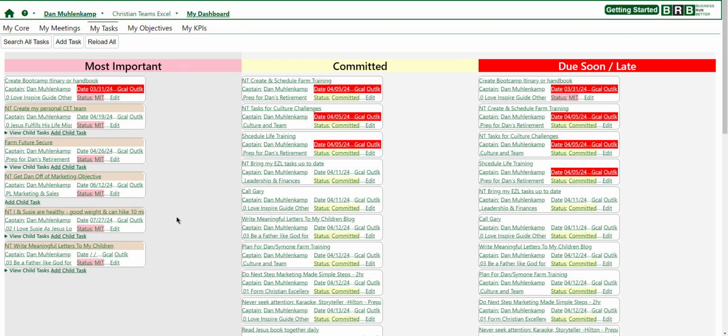First of all, what this tells us is that there are most important tasks, and most of those are going to be key results. Everything that has a brown title is a key result. And a key result is like a milestone. It's a little bit bigger picture thing that has to be accomplished, and it almost always will have